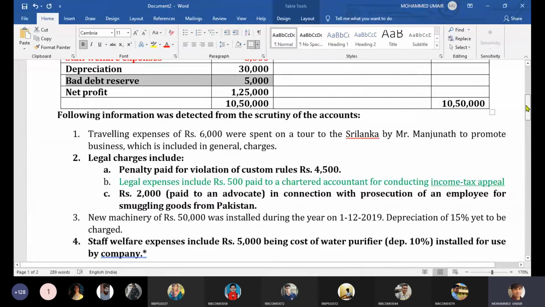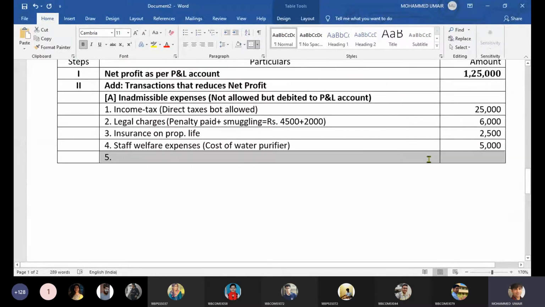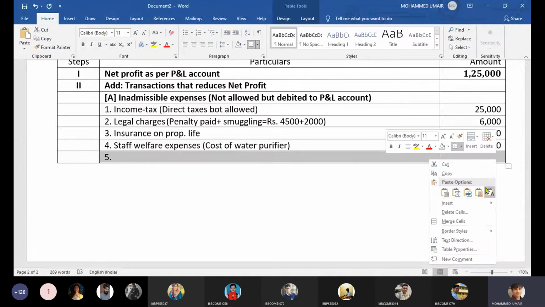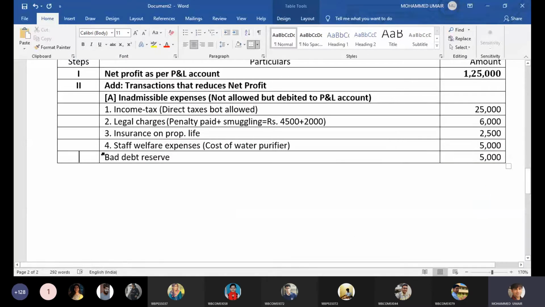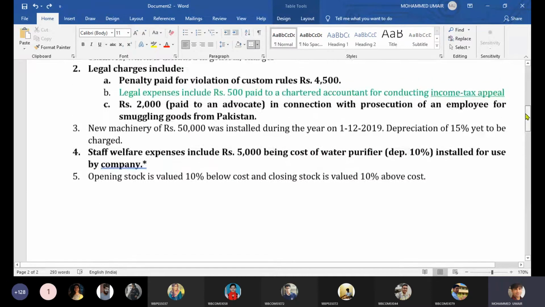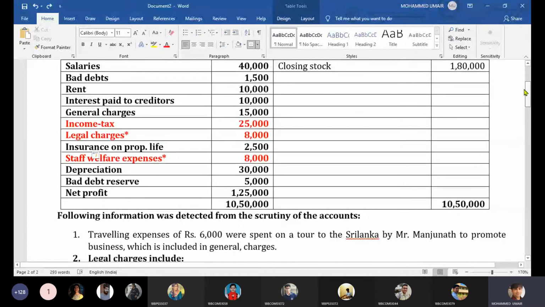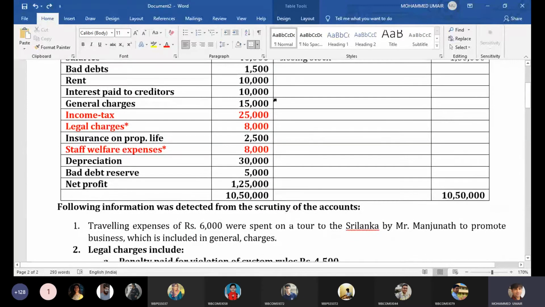Next, you have bad debts reserve, and as you are aware, any kind of reserve and provision is inadmissible for a simple reason that the more reserves and provisions you create, it will reduce your net profit, therefore reducing the tax liability. Okay, so I think we are done with all except for this, because this had an adjustment,